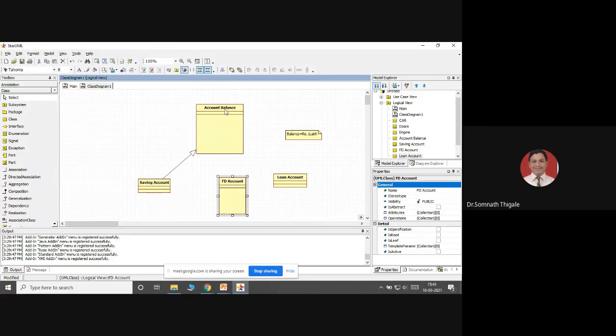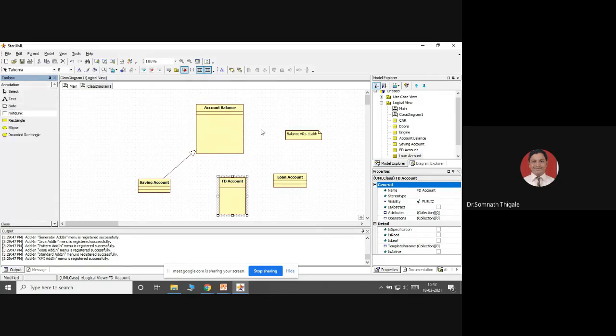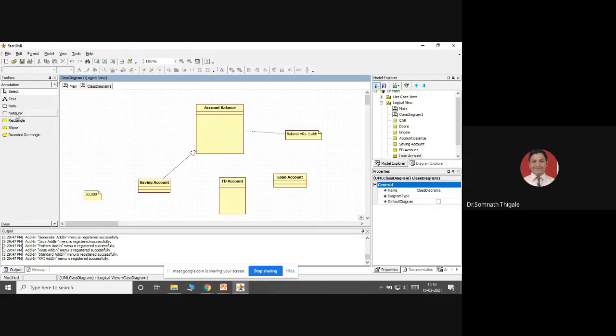This will be my generalized statement that I have an account balance where my balance is 1 lakh rupees. But if I say exactly that I have 50,000 rupees in my saving account, that will be a more specific answer. So we are calling it specialization. The reverse of generalization is specialization. We can represent it as a hierarchy. See, this is the hierarchy, this is the parent class, this is the child class.